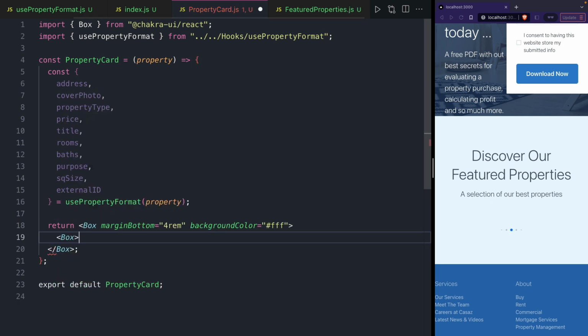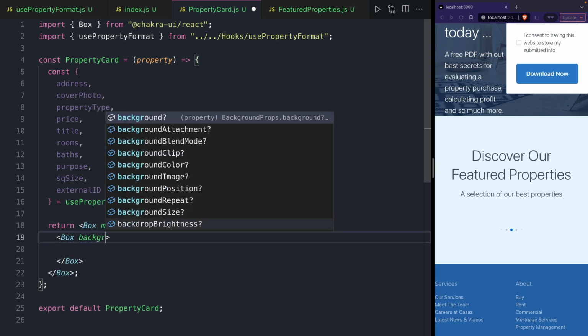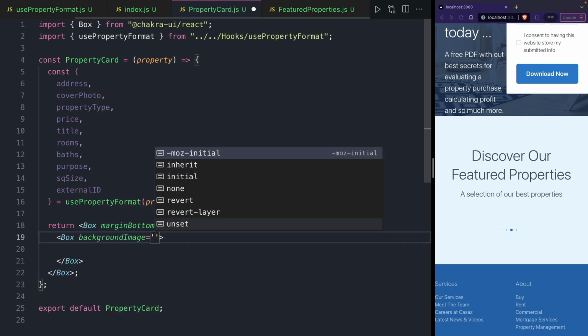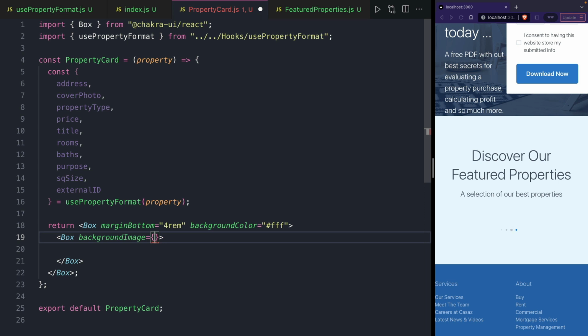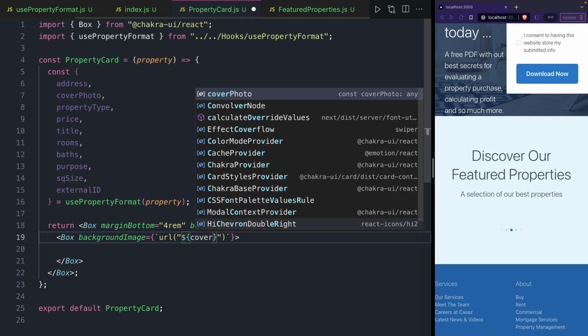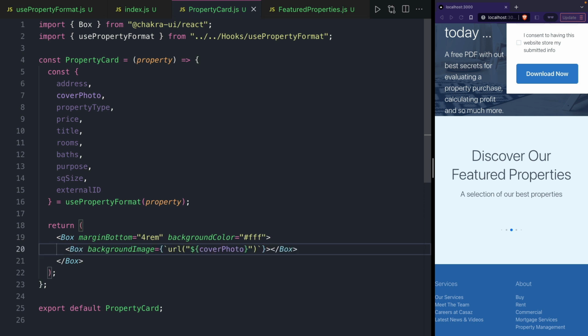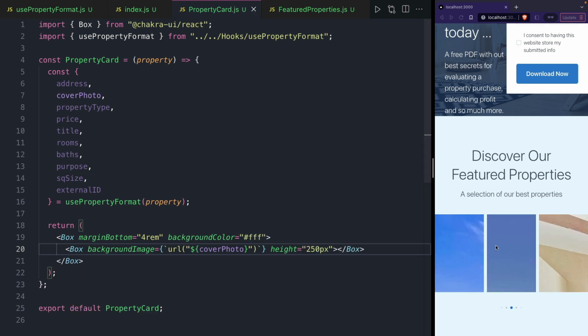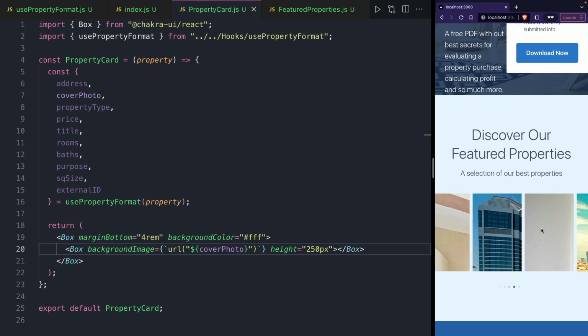Inside this box, we're going to have another box. Background image is going to be a variable. So we're going to have backticks, URL, our variable. We're going to have 2 backticks, URL, parentheses, and we're going to wrap our variable in double quotes. And then we're going to have cover, photo, as the URL. Perfect. Going to give it a height of 250 pixels. And you can see the URL is working for the images there, but we need to tidy it